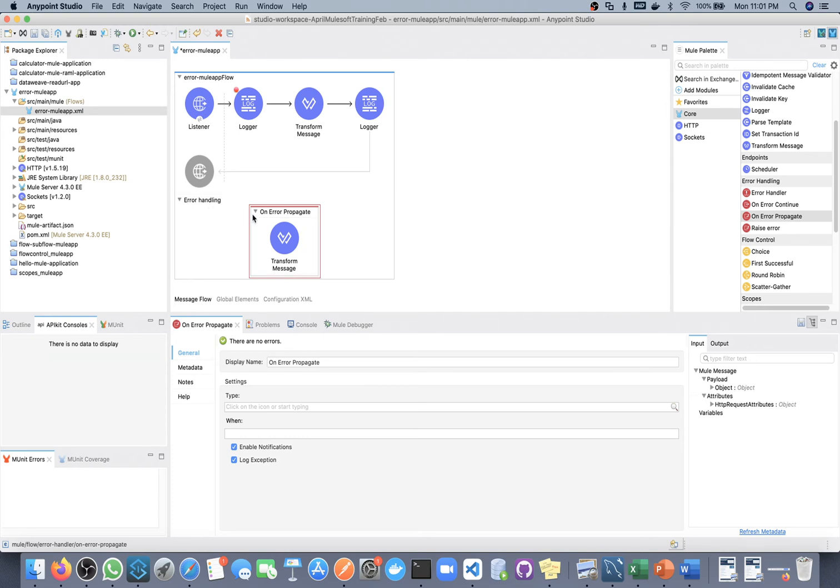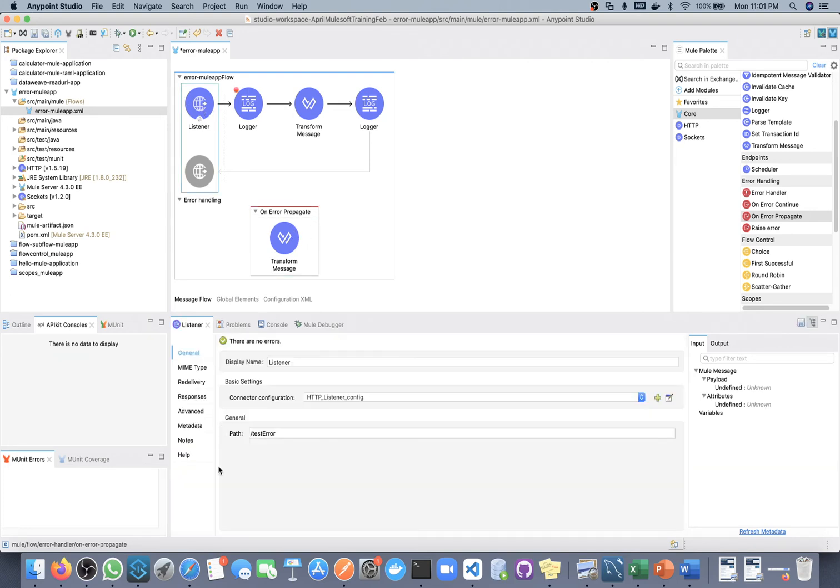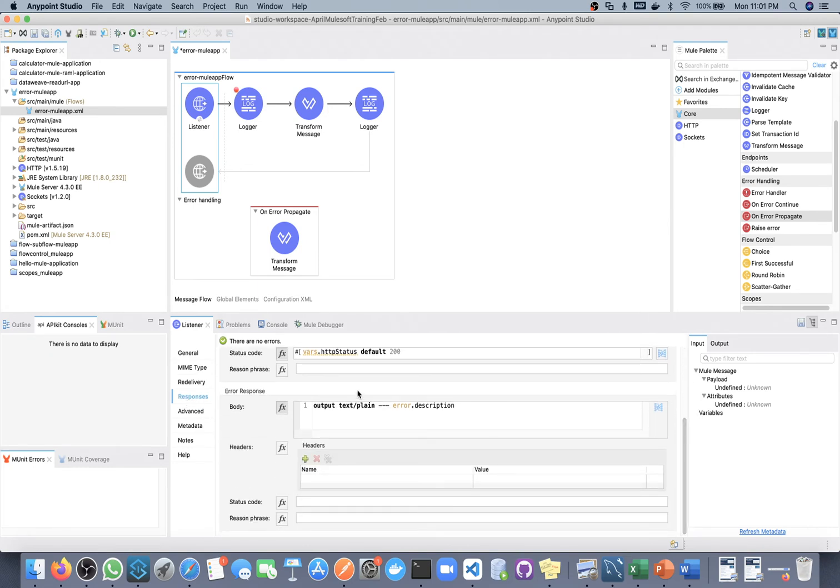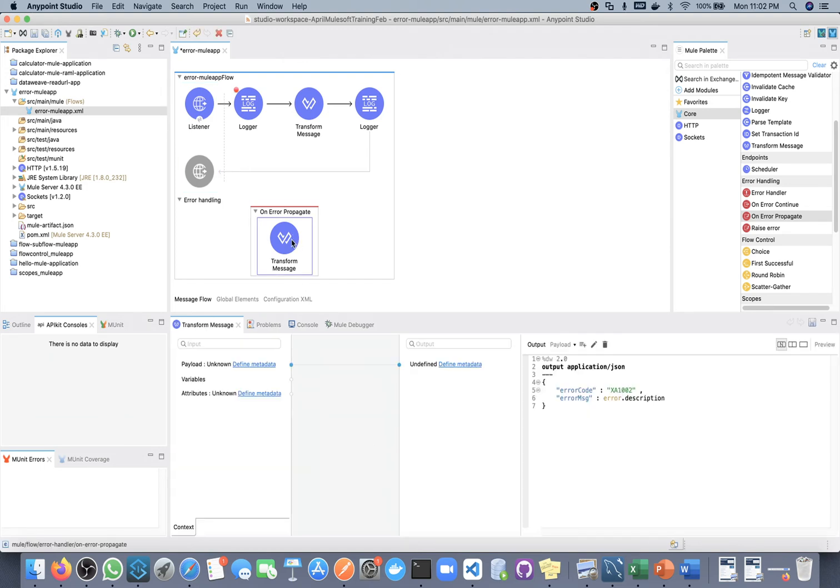In case of an error message, how will my HTTP listener behave? If you go to response, in case of error it will send this set of response. In body we are sending error description. Whatever payload you have defined here will not work since we are not sending this payload.